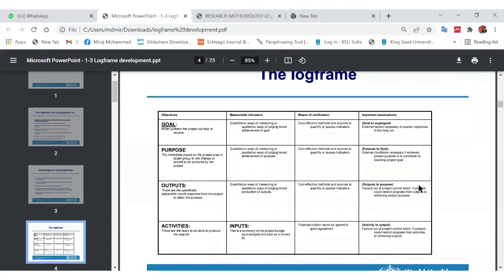स्मार्ट। ओके सर। फिर MOV हो गया, मींस ऑफ वेरिफिकेशन। जैसे हम मैथ्स में इक्वेशन में करते थे LHS इज इक्वल टू RHS, हेंस प्रूव्ड। तो LHS आपने निकाला, RHS क्या है? आप जो बात कह रहे हैं उसको वेरीफाई आप कैसे करोगे? उसको क्रॉस चेक कैसे करोगे? ठीक है, तो आपको स्मार्ट होना चाहिए, स्पेसिफिक, मेजरेबल, एक्यूरेट, रियलिस्टिक, टाइम बाउंड होना चाहिए। और फिर मींस ऑफ वेरिफिकेशन मैंने बताया कि जिसके थ्रू आप उसको वेरीफाई करेंगे।